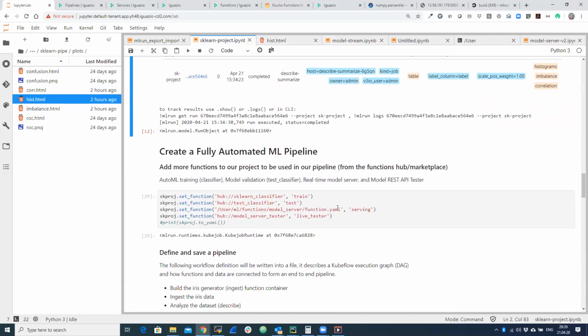And now let's build an entire pipeline that involves 5 different steps. The first step is classification, essentially distributed training with AutoML built in. Then I'm running a validation step on the same results of the training. Later on, I want to deploy a serving model using a local function. And eventually, I want to do live testing of my function, again, a fully automated test to check the performance and latency of my model serving, etc. So again, I don't have to write.